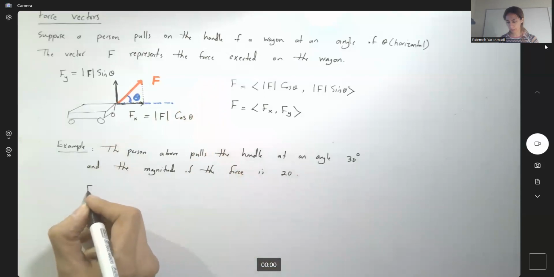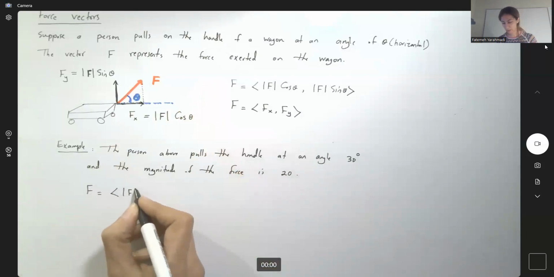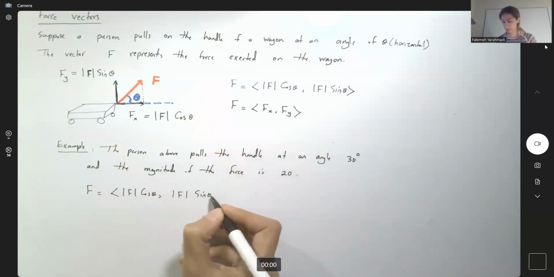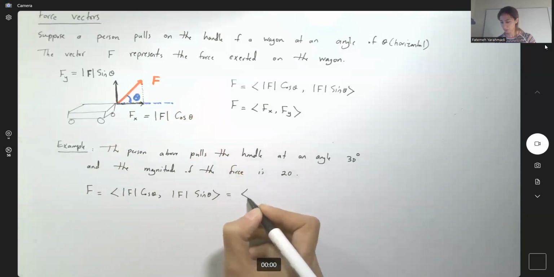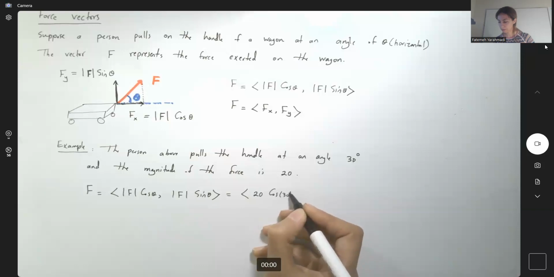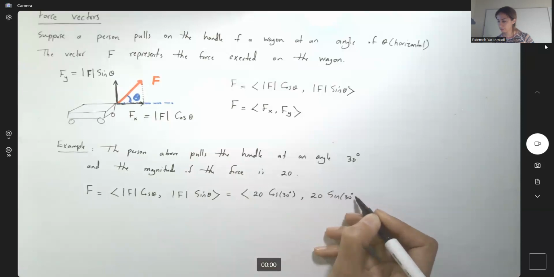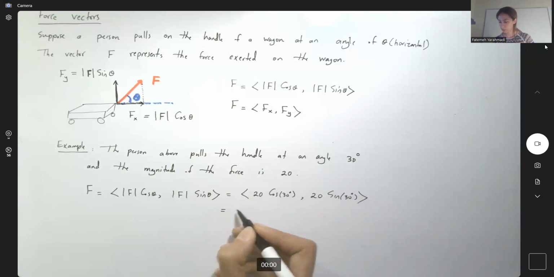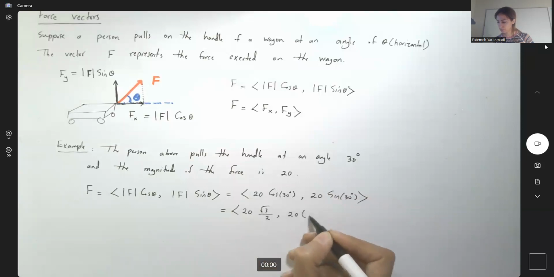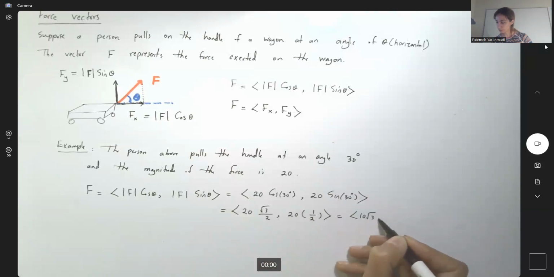So the vector force basically has two components in this case, the magnitude of F times cosine theta and the magnitude of F times sine theta. We have the magnitude, which is 20 times cosine of 30 degrees, and the magnitude 20 times sine of 30 degrees. As you remember, this is 20 times square root of 3 divided by 2, and then you have 20 times a half, which is equal to 10 square root of 3 and